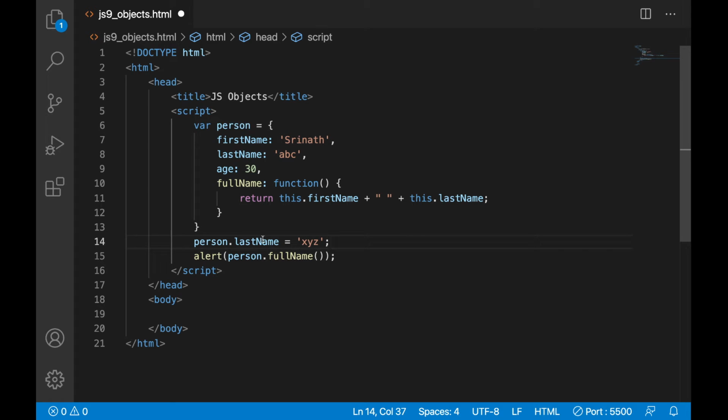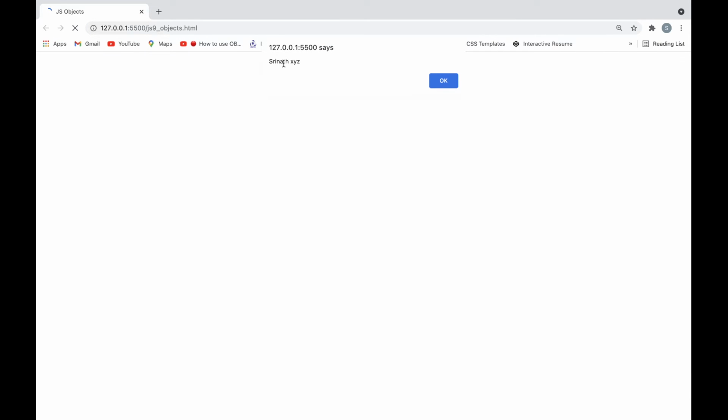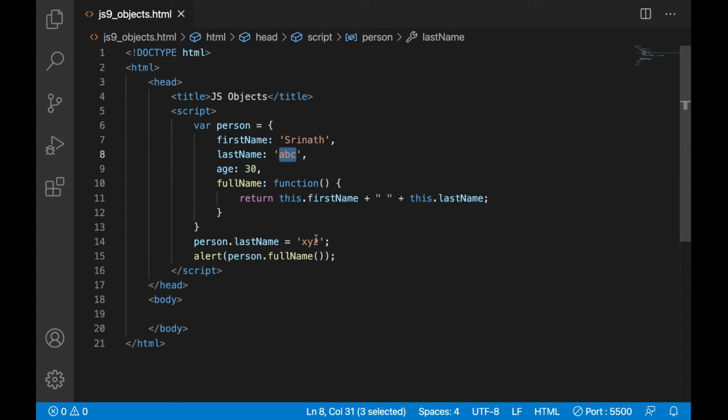See, now let's see how last name will come. See, Srinath xyz is coming. Okay, abc is not coming because we have overridden that value. Like that you can override any value of any property. So age also you can do in a similar way. If you want to change age,